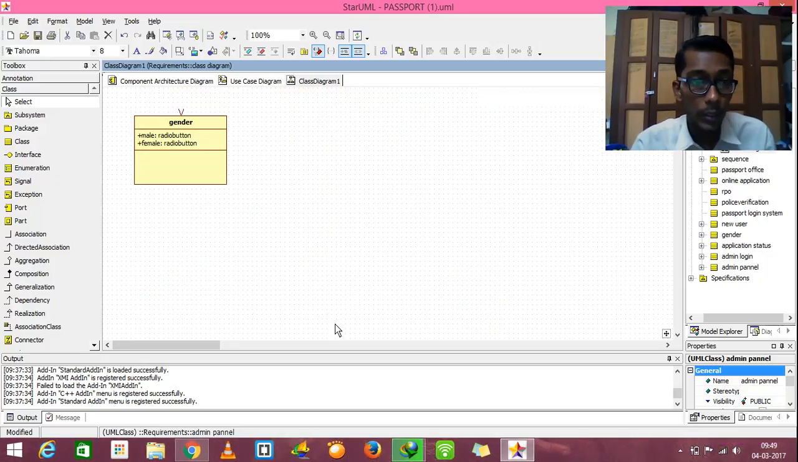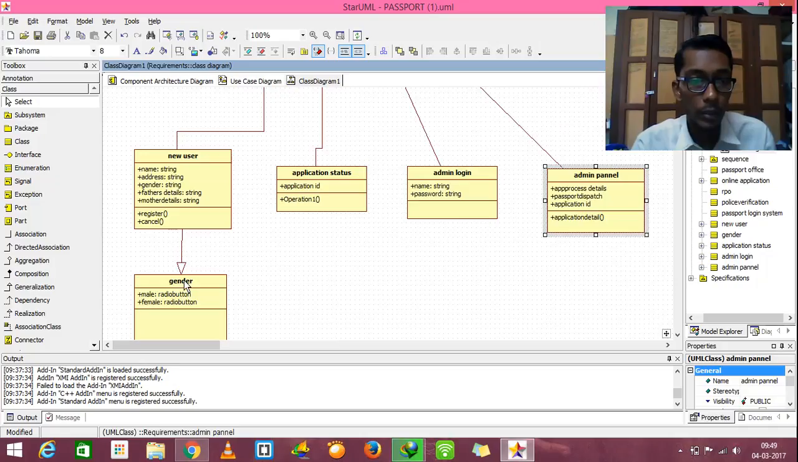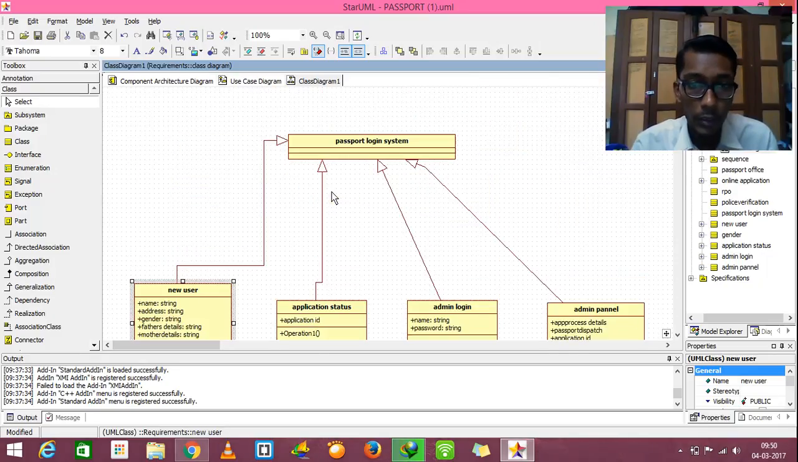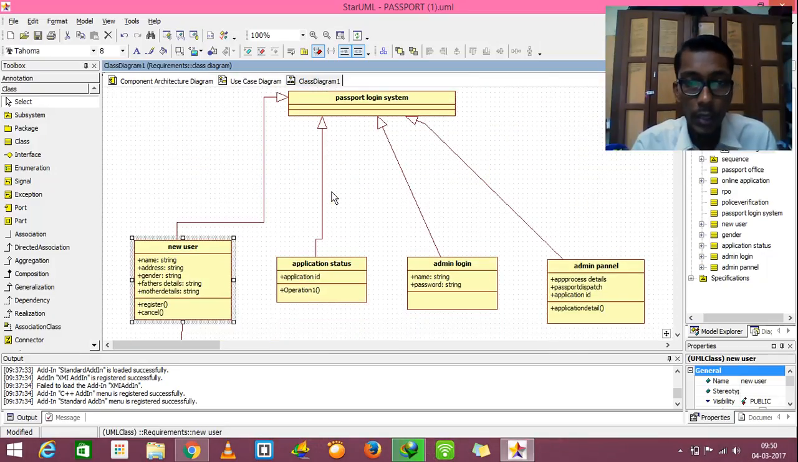In the class known as new user, there will be another class known as gender. For selecting the gender of a particular person, you can simply use a radio button for male or female. Likewise, for other things like the address, there will be a lot of cities. Among the number of cities, you can use a radio button and select the city. So this is the basic class diagram for the